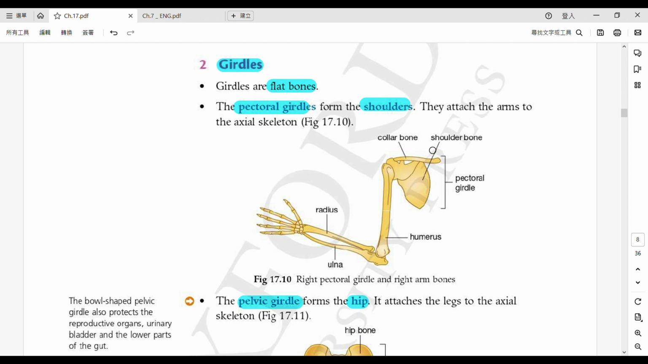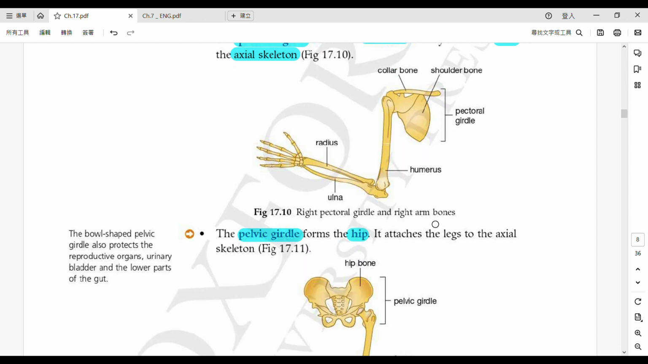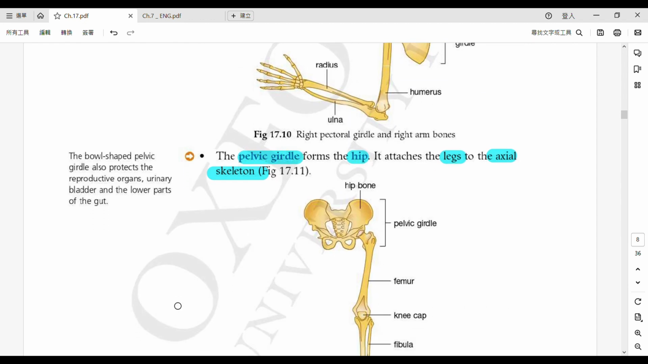主要係 attach 一啲嘢嘅。咁你就會見到啦，我哋嘅 pectoral girdle 就係 attach arms to 一個嘅 actual skeleton 啦。而我哋嘅一個 pelvic girdle 咧，就會 attach 我哋嘅 legs to 一個嘅 actual skeleton 嘅，mainly for attachments. OK，咁當然啦，as you can see here，我哋嘅 bow shape 呢個 pelvic girdle 咧亦都會 give some protection